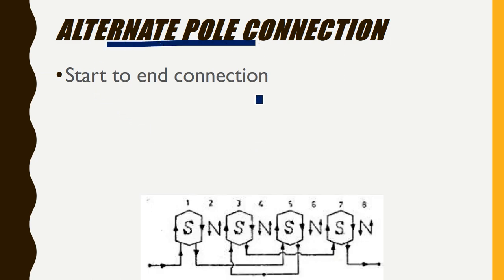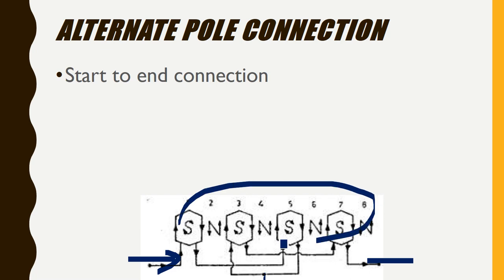Now alternate pole connection has an additional option. With the four coils only we can make 8 poles also. How are 8 poles made? The direction of current you can see, this is the upper side, this is the lower side, and this is having a difference in poles, polarity. So this will be creating 8 poles totally. So with the same coils we can increase the number of poles, making everything in series. In the previous case we have seen it was parallel. Now this is the main incoming here, main outgoing here. So totally we are getting 8 poles.